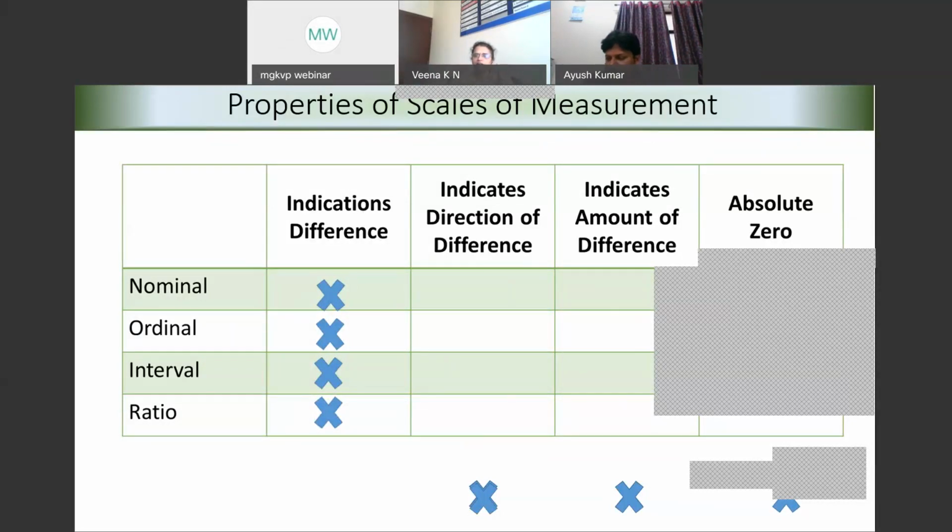When I compare A and B, we can simply say A and B. They are two different ones. If that is the case, then we are not able to find the direction of the difference. But if I say A is better than B, then we also have the direction. So when it comes to nominal scale, it will not help us in finding the direction, whereas ordinal scale helps us, interval scale helps us, and ratio scale also helps us in finding the direction in which the difference occurs